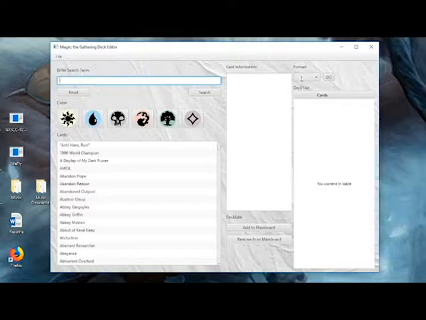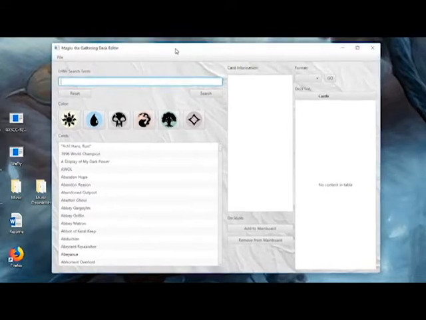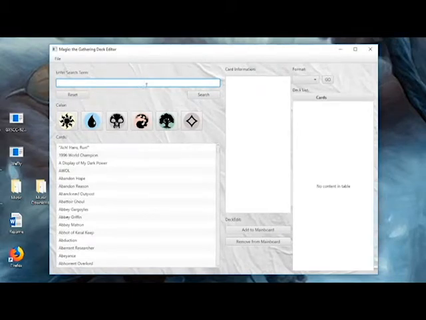starting with the most fundamental for an application like a deck editor, which is the search feature. On the top left here, you can see that we have a text box that says enter your search term, and this is mainly to find cards that you would want to put in a deck if you were using this deck editor for its intended purpose. So for example, if we wanted to look up a card with the term